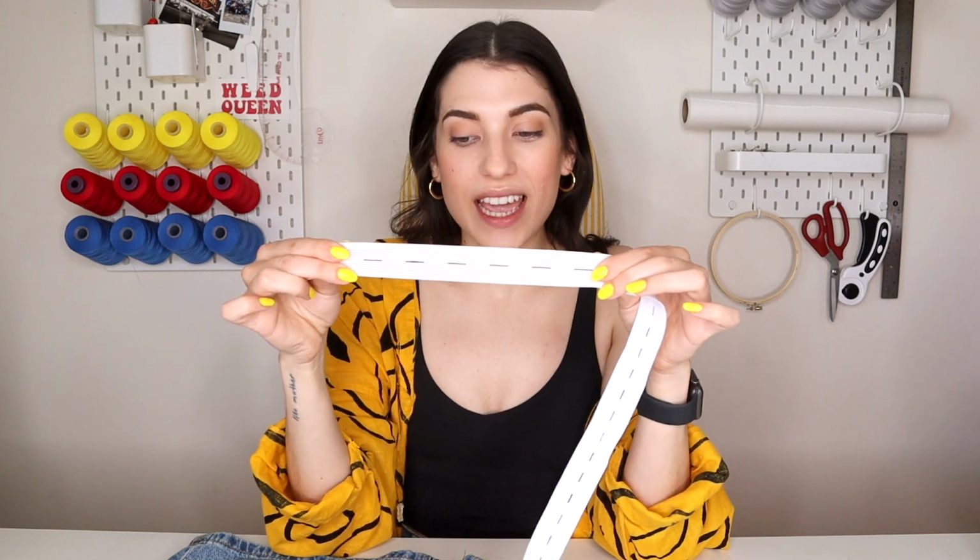And I do want to make it adjustable, so that is why I have this elastic with the buttonhole feature in it. So you can find this in your local fabric store, or you can probably just order it online. I have white and I also have black, just depending on the color of denim that I'm using. But today I'm going to be using the white, and I have a pair of these mom style denim